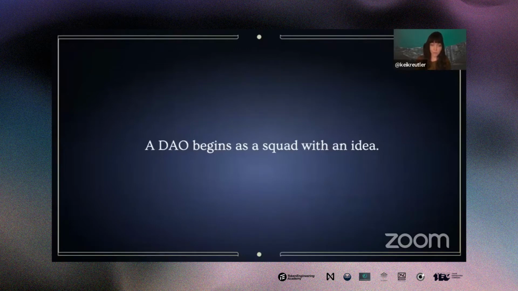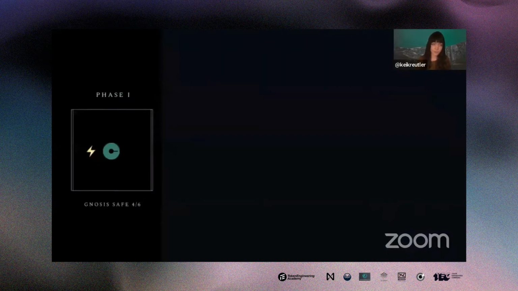While informal proposals through a group chat suffice initially, eventually their decisions as a squad become more substantial. In phase 1, they decide to launch a token to expand their project. To keep a formal record of their decisions, they create a Snapshot space for token voting. Their first vote includes who should be elected as signers on their Gnosis Safe.